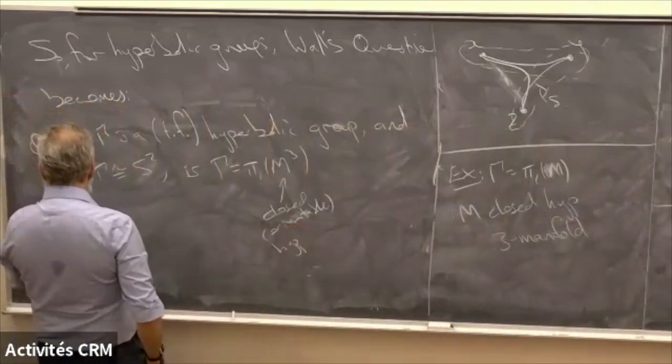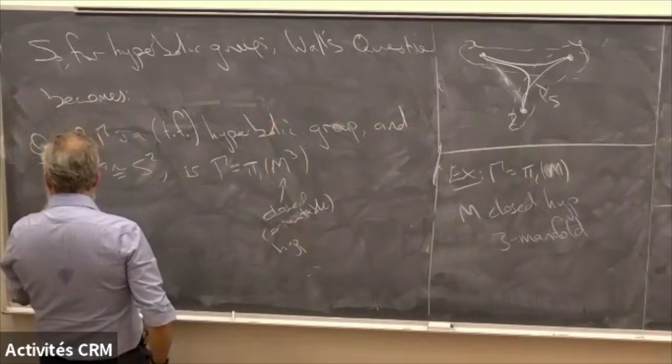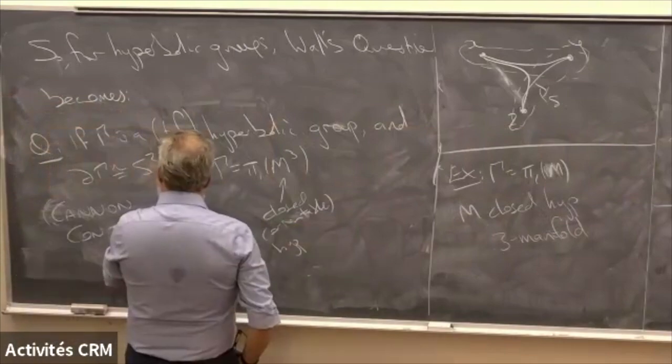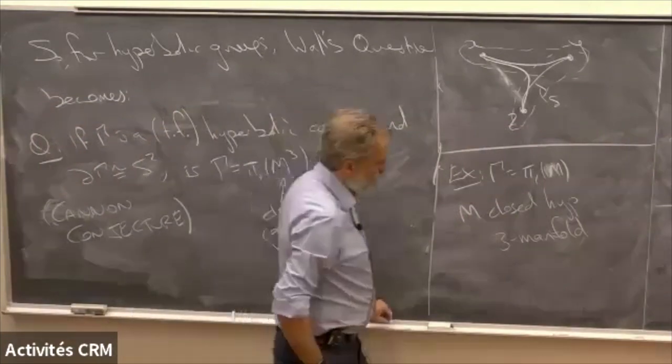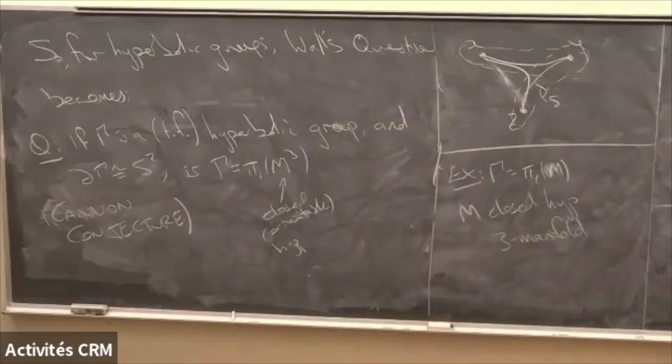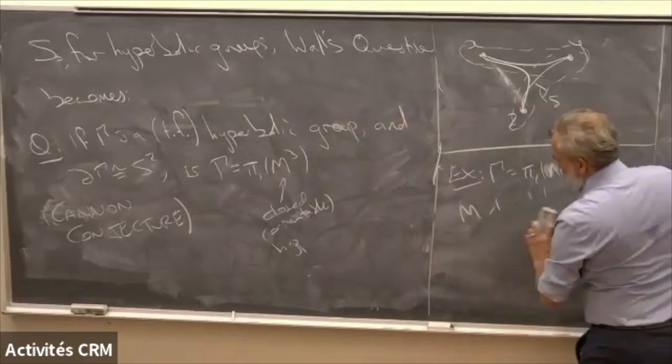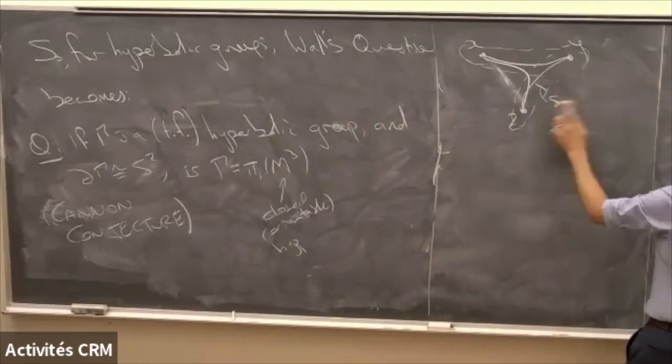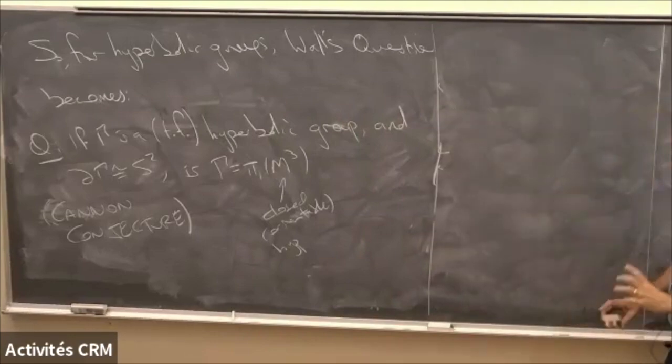Okay, so up to these issues of torsion free and whether it's an orbifold and whether there's a finite group and so on, this question is usually called the Cannon conjecture after Jim Cannon. And it was originally envisaged as a way of attacking geometrization, to see some coarse geometry in the fundamental group of a 3 manifold first, and then having found that coarse geometry, upgrading it to actual real hyperbolic geometry. So that's part of a 2-step program to part of geometrization, which is not how it was done at all at the end. Historically, that's where Cannon came up with this.